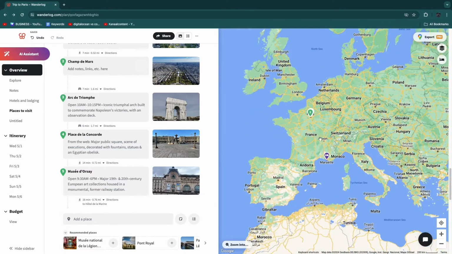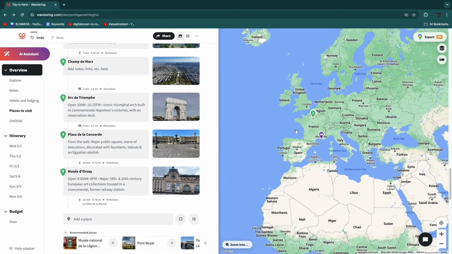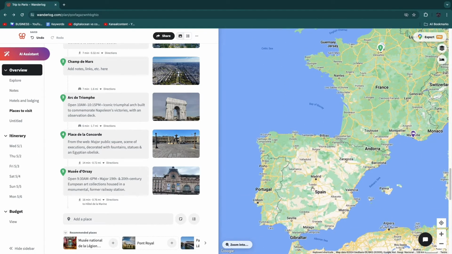For example, if you're doing an entire Europe road trip, say you are starting in Lisbon right here, and then you go to Madrid, then Barcelona, then Paris, and you can basically see all of that right here. So that's pretty cool, and then people will also be able to follow along with what you are doing when